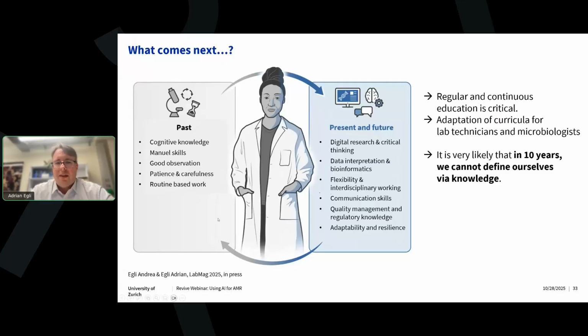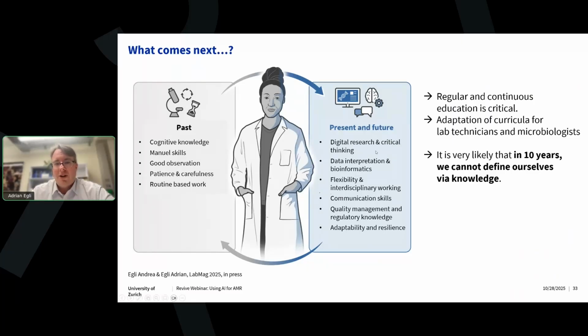I think the question is for us also, how do we prepare ourselves for this? And in the past, we defined ourselves extremely over cognitive knowledge. I mean, that's what an expert is. You have read many books, you have seen many cases. This is what an expert is. You were perhaps also very skilled in the lab, and you had a good observation skill because you could recognize patterns, etc. But now, at time of AI, this has to change, because obviously